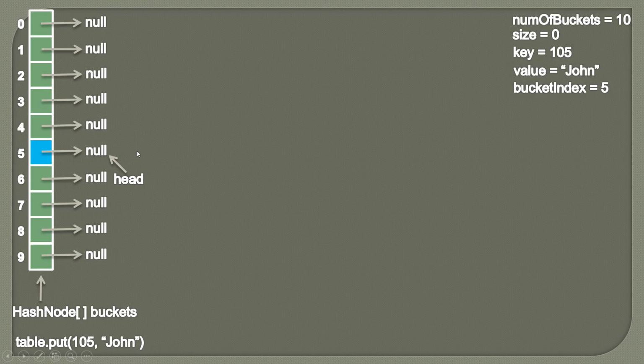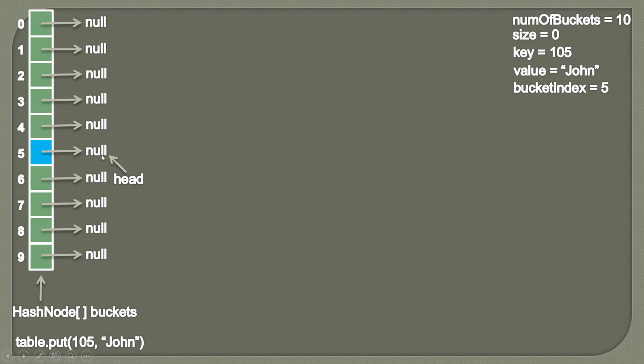So this hash node has a next reference which can store other hash nodes, and if there are many hash nodes, then the first hash node is always our head. This is also what we already discussed when we covered the singly linked list, where we normally had a list node with a value and a reference to the next node. Here the only difference with the hash node is it has a key value pair and a reference to the next hash node. So here you can see currently head is pointing to null, which means